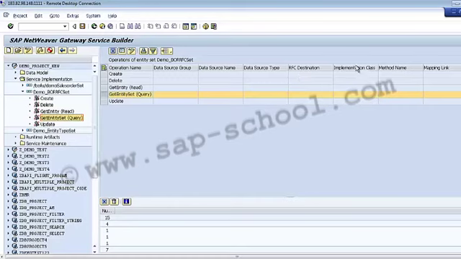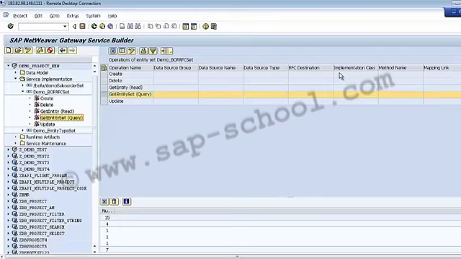Then we have the implementation class. So it will display the name of the generated data provider class extension. If the data provider class has been redefined, it will display the name as a linked text that opens the redefined class in the ABAP workbench.